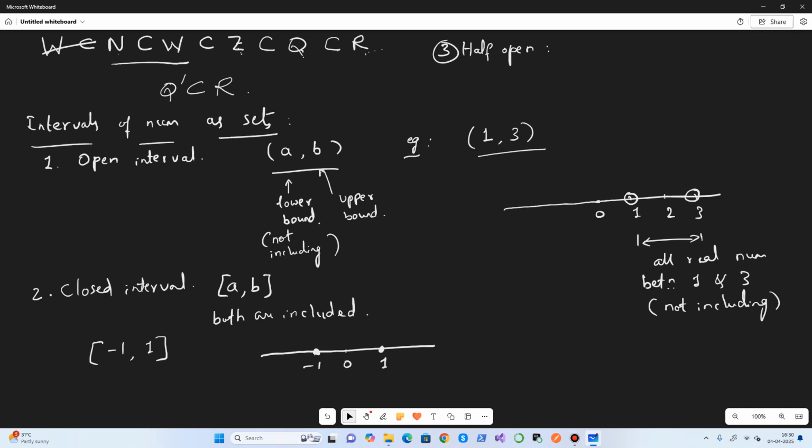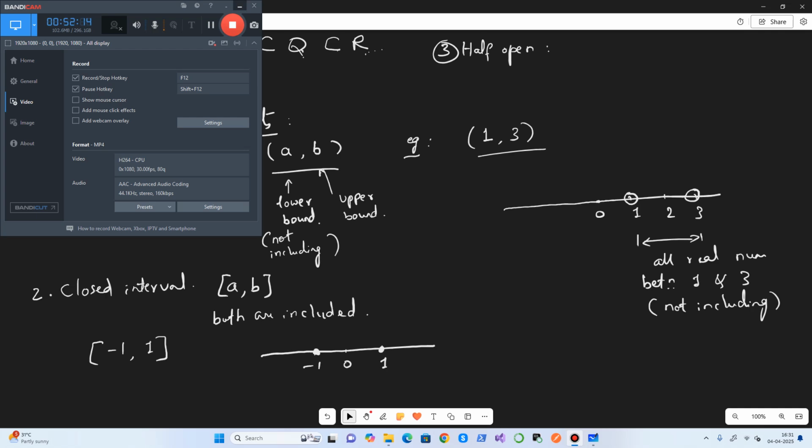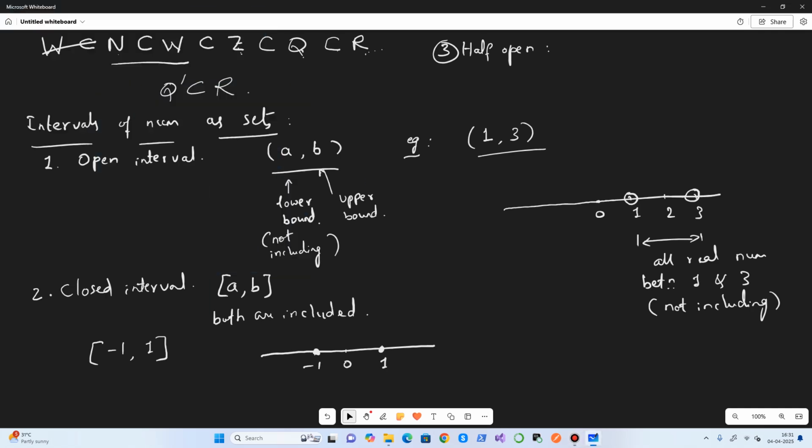So that's how it will be. Half open means one of the bounds is not included. It could be the lower bound which is not included; in that case, the lower bound is not included, but the upper bound is included, right?